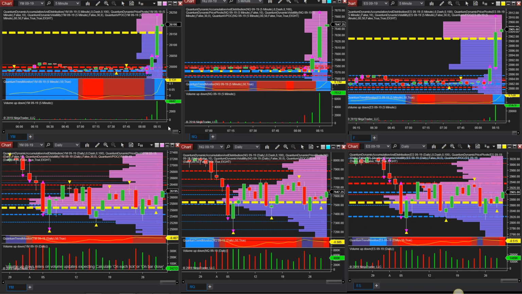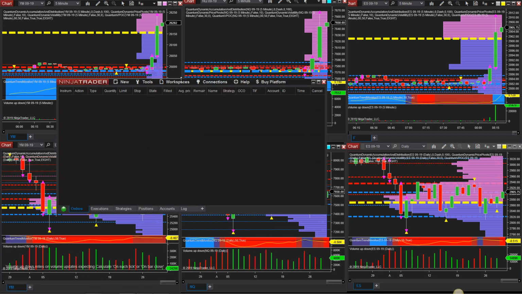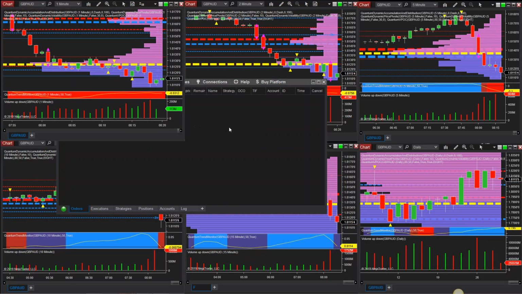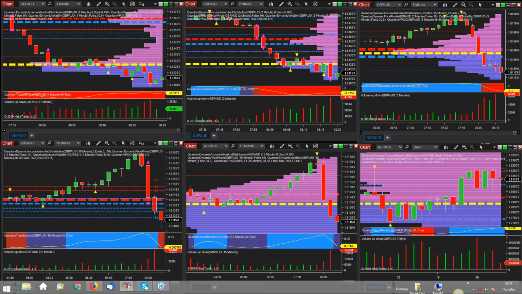You can see the massive surge in volume that's come in with this. We've also got volatility triggers. We've got a volume point of control on here. This is on 5 minute on the YM. This is the NASDAQ and the ES. Let me just flick back onto the Forex again. Actually, before we do that, just go back over there and see what's going on. Okay, a little bit of a pause point. Let's just go back to